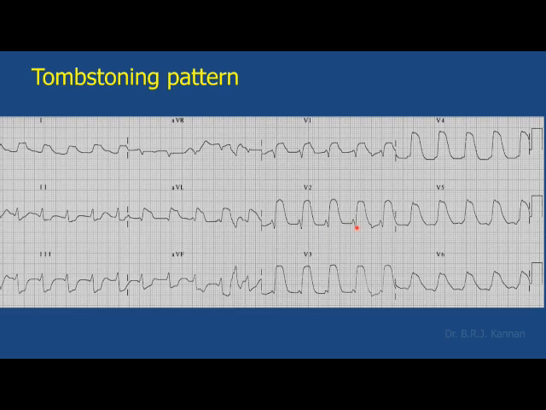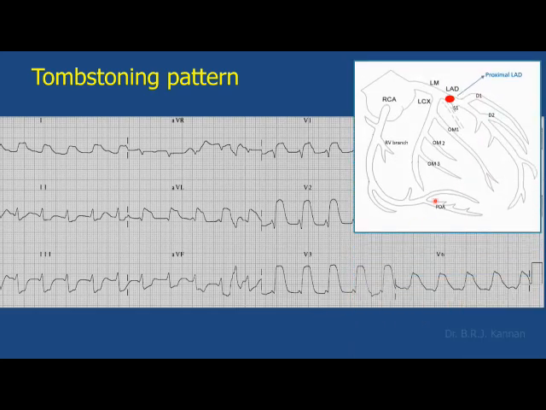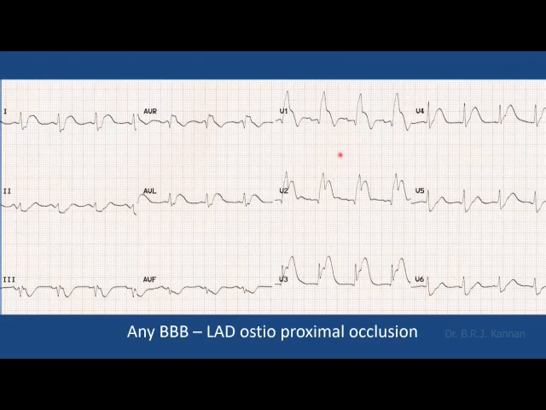Whenever such a thing occurs, the patient is in a very sick status. Unless we intervene very early, this patient is going to die. Now here again the lesion is in the very proximal left anterior descending artery, before even the arising of the S1 branch. Another example, again there is ST elevation of all these leads whichever I said.